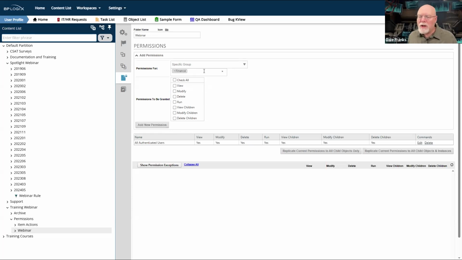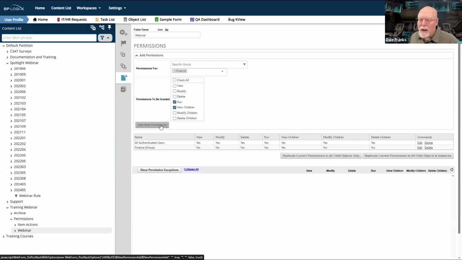The only permissions I need to give them are view children and run permissions. And if they have those two permissions and I click add new permission, then people in the finance group are now only allowed to view children. So to view the form instances so I can show them in knowledge views, and to run the form instances so that they could submit their forms, those forms which presumably they're going to view in knowledge views.